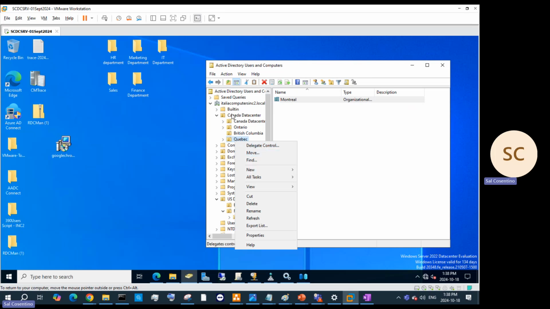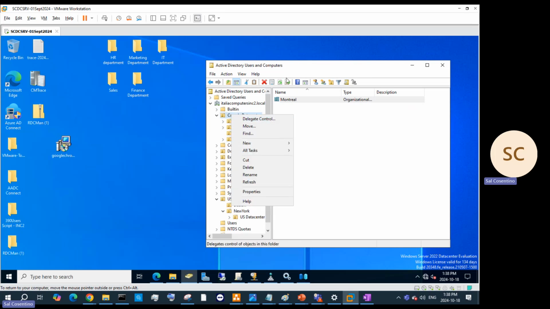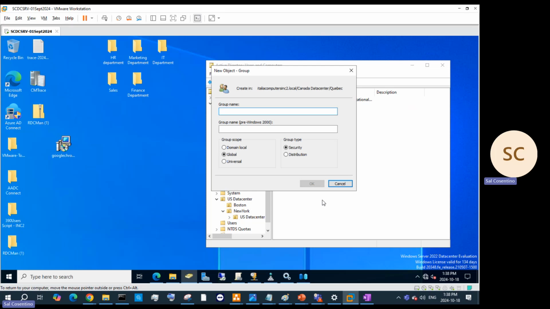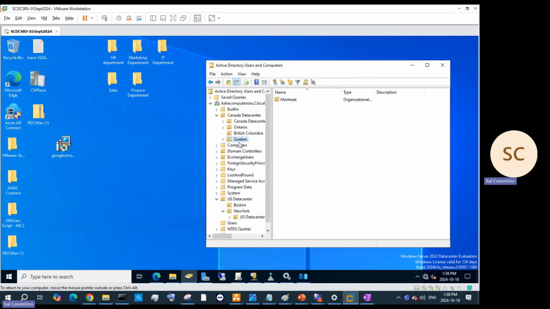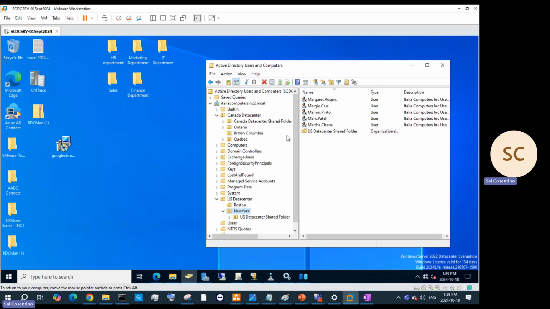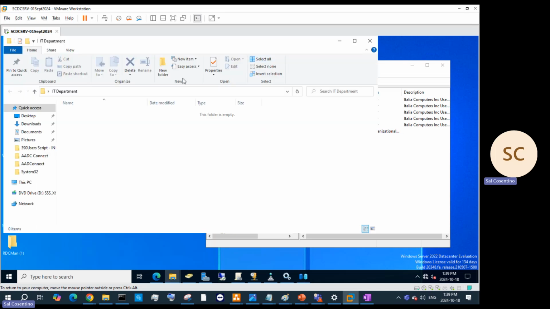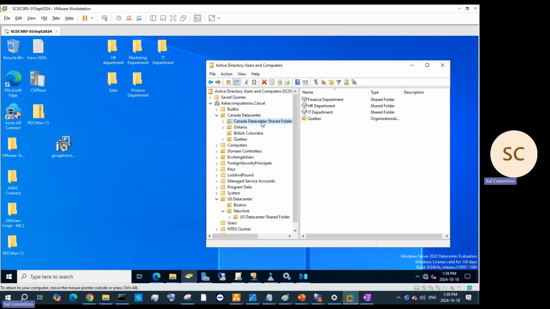Again, we are going to close that here. So I degraded that, and then in our US data center, we should also have our shared folders here, which I've created as different shared folders. And I'm able to now create shared folders like test folders within here and share them within my network. So within this shared folder, I have our Quebec,